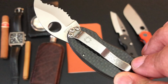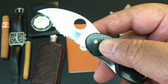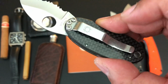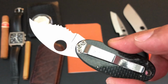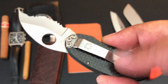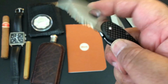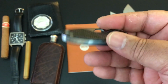So you see the back. This is carbon fiber. You're not feeling the carbon fiber. There's a coating over it, but it's a beautiful knife, isn't it? Front and back. I always say the classics are perfect if you want a bill hold, put your dollar bills in with a credit card or something. It's a wonderful money clip. Just look at it. It's just a beautiful little money clip. And of course,